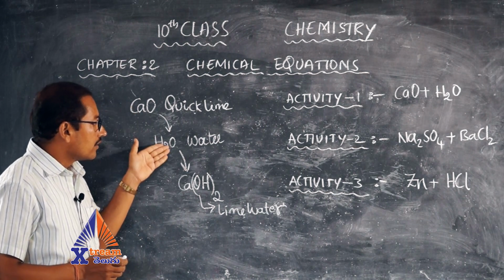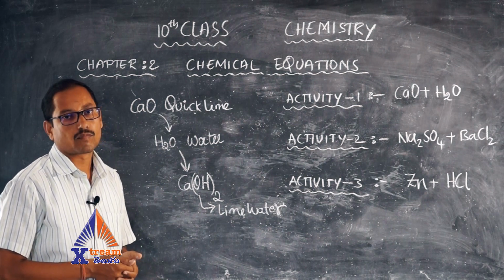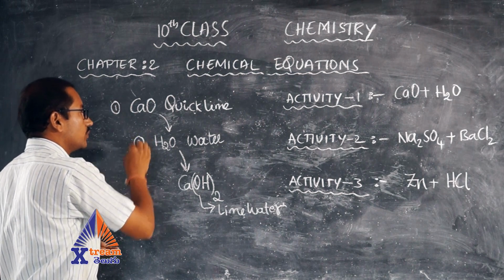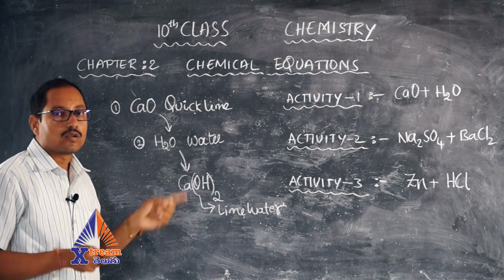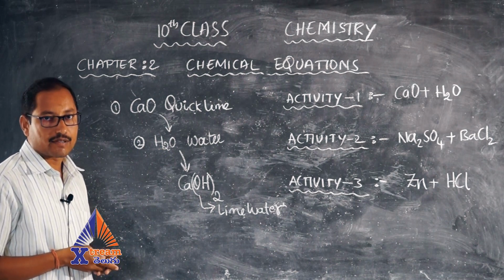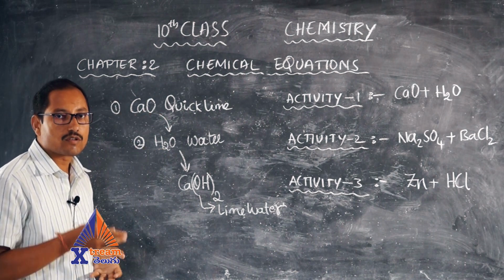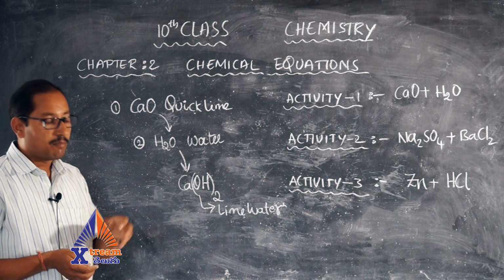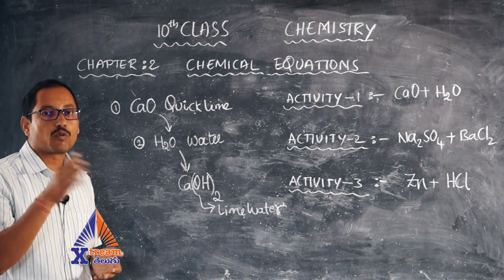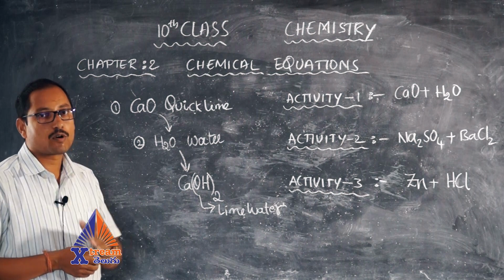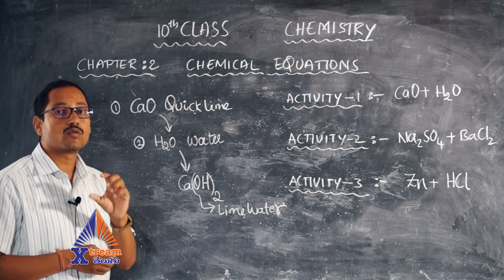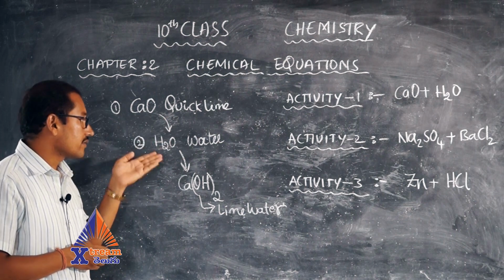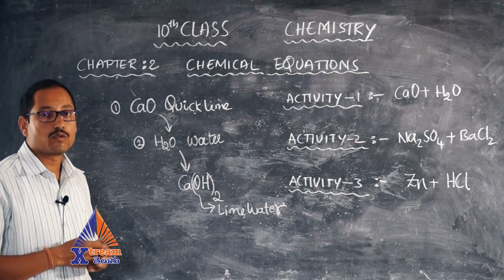What is this flow exactly? This flow is here, number 1 and number 2. These two are two different chemical substances. First one being calcium oxide, which is also called quicklime, the powder which is generally used to whitewash your house. In Telugu it is called sunnam. So that is one substance, and the second substance is water, which is well known to you.